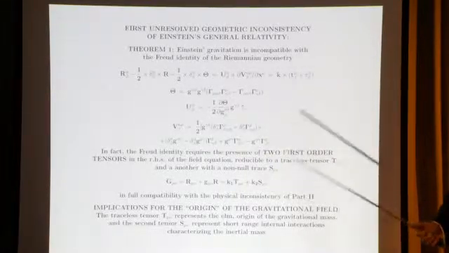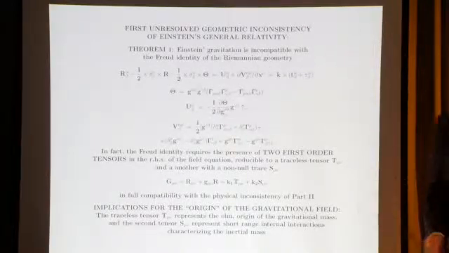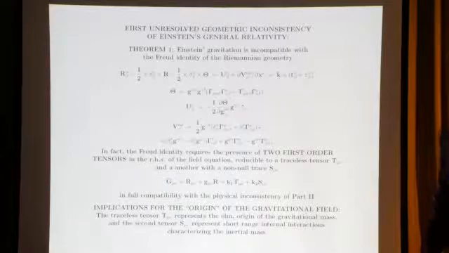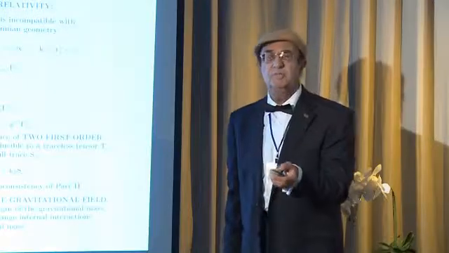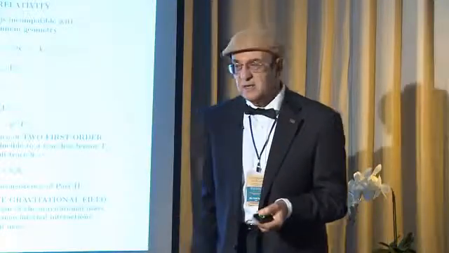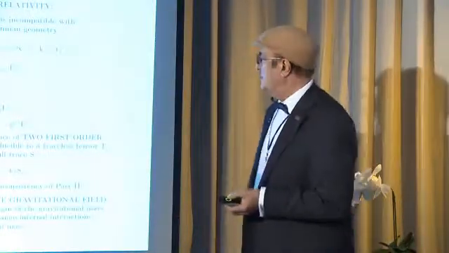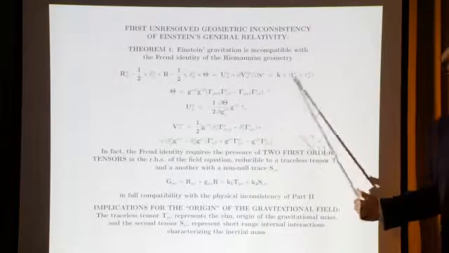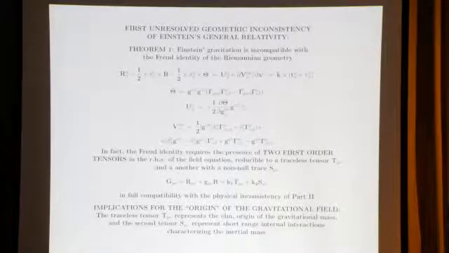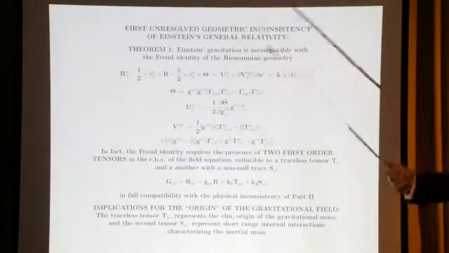Be careful about the number of papers that claim that Einstein gravitation is fully compatible with the Freud identity, because Einstein has a source term on the right-hand side. Those papers have been commissioned by the organized interest on Einstein doctrine, by Einstein followers. And they will not state the key point of the Freud identity, that the source term has to be first order. Namely, the value of the T00 has to be of the same order of magnitude of the mass or of the rest energy of the object you are considering. No, they only claim that Einstein considered also a source term for the charge.